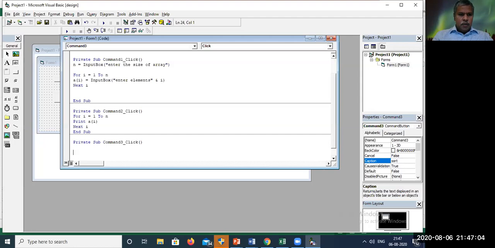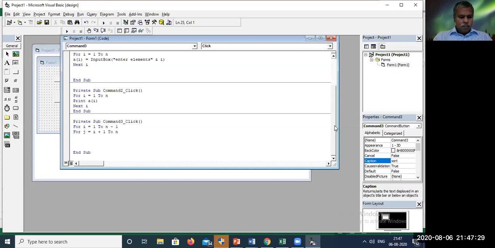I have told you we need 2 for loops: for i equal to 1 to n minus 1, for j equal to i plus 1 to n. My condition is if A of i has to be checked with A of j, then if the condition is true, swapping has to happen.